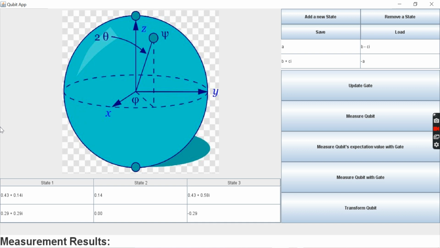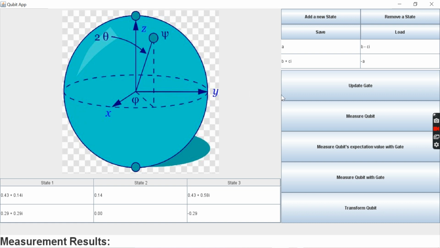When you add a complex phase to that, it just adds a third dimension because you now have an imaginary part. So this plus 0.58i, that's the imaginary part of the complex number. So this just adds an extra phase to it. And this is represented in this sphere up here called a Bloch sphere, where each vector represents a